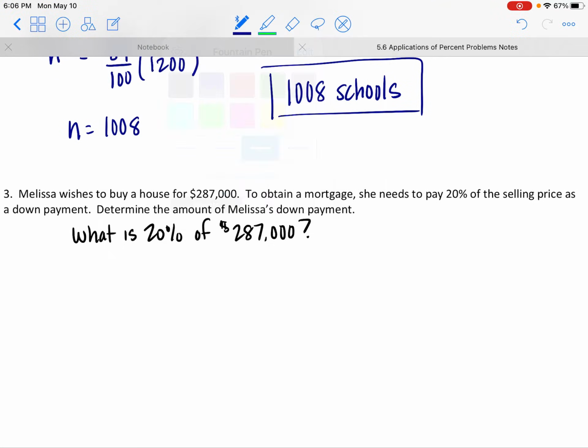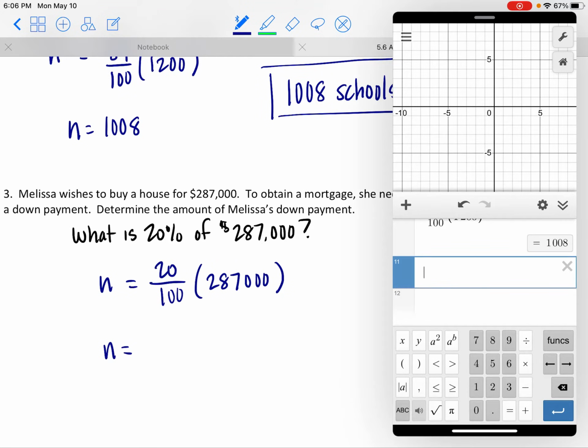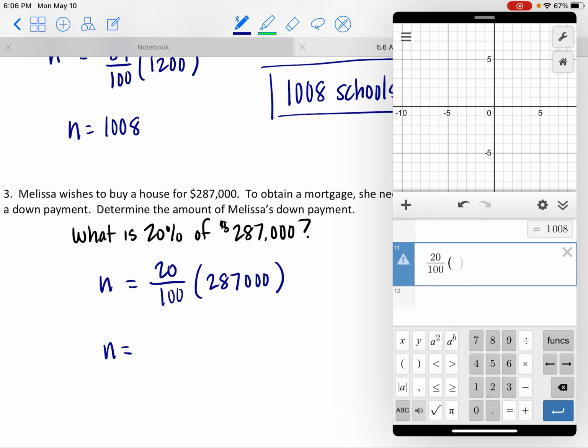So again, let's translate this. What is our question? Is our equals. 20% is 20 out of 100, of, let's multiply by $287,000. Again, don't even have to solve. This one is all set up for us. So 20 out of 100 multiplied by